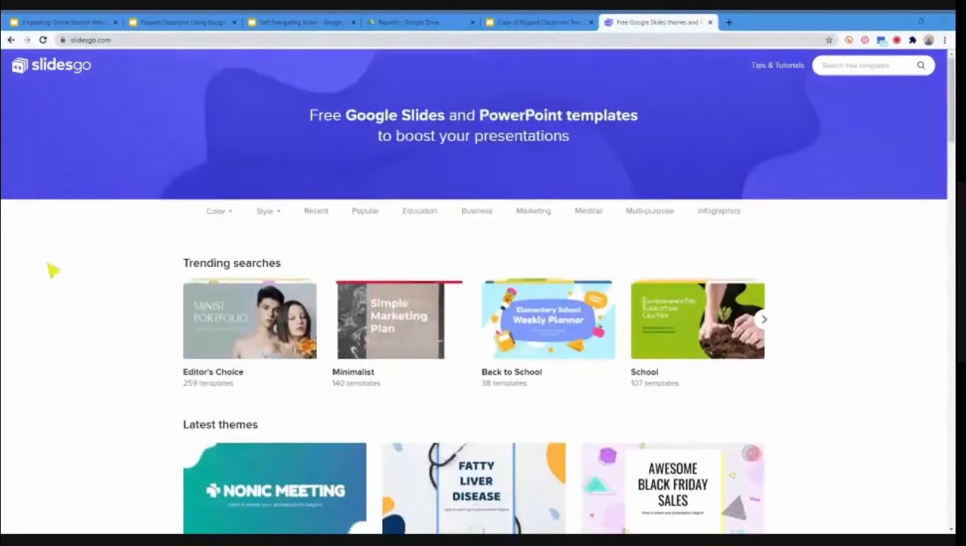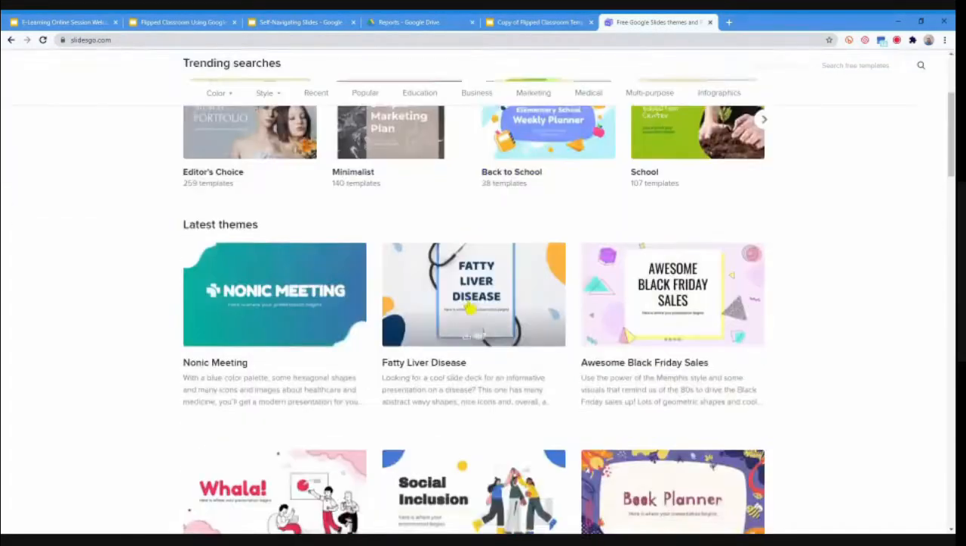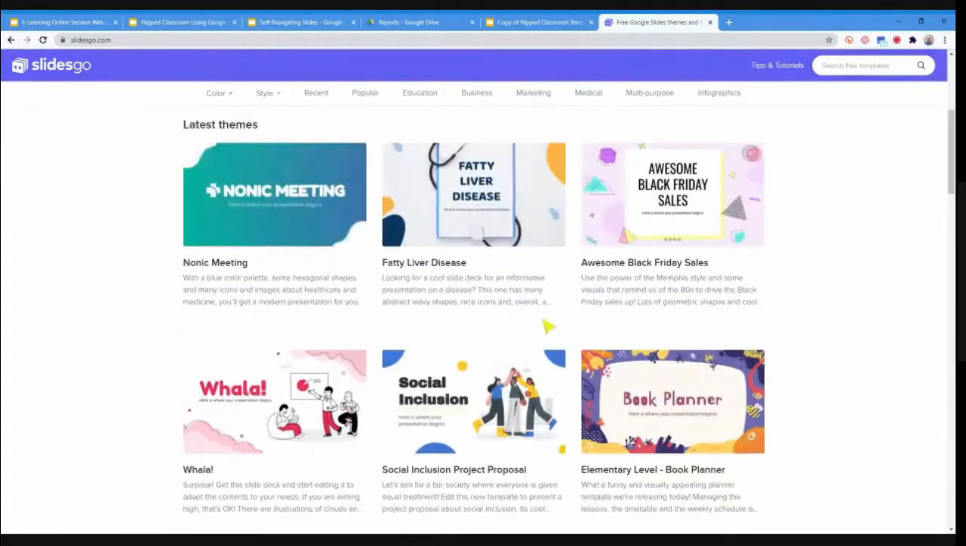So what Slides Go does essentially is you can search here for different templates for slides that you like. So let's say, for example, I like this elementary school weekly planner. These are trending searches. So there's a latest theme. So in other words, we want to use the elementary level book planner. This looks nice. Looks like a nice theme for